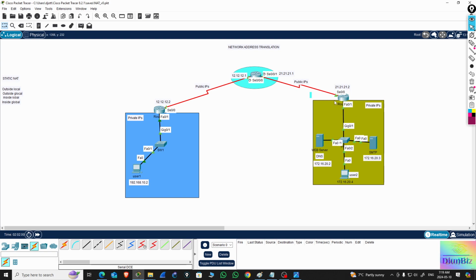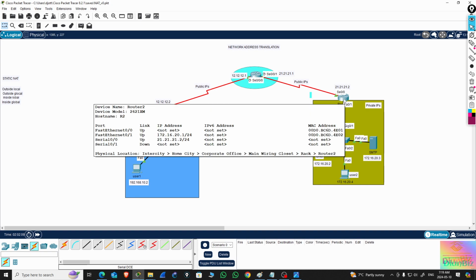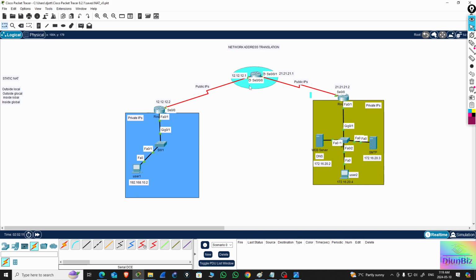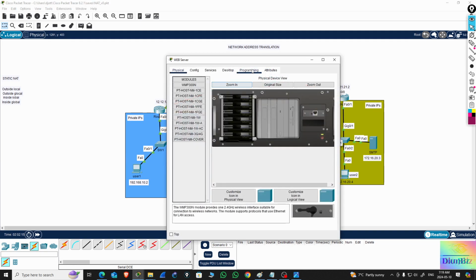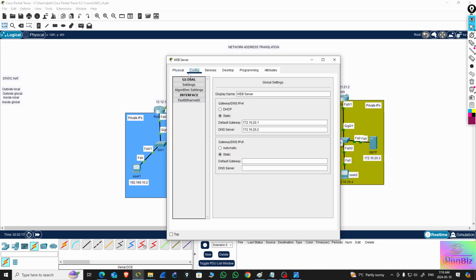On this other side too, there's already connectivity from all the PCs and servers to the router, okay? But those PCs cannot go to the internet. Let's just double check that. Let's go to the web server, which is our main concern now, and